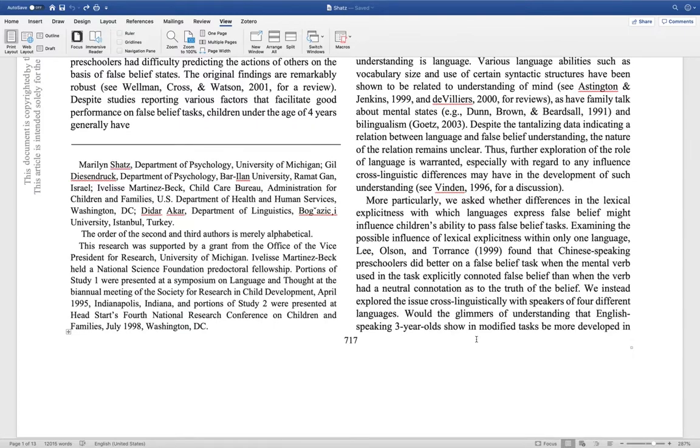So despite the tantalizing data indicating a relation between language and false belief understanding, the nature of this relation remains unclear. Thus, further exploration of the role of language is warranted,